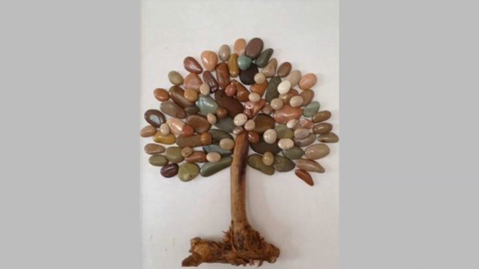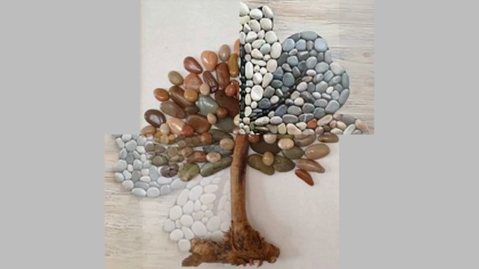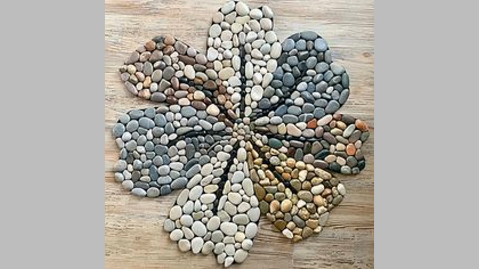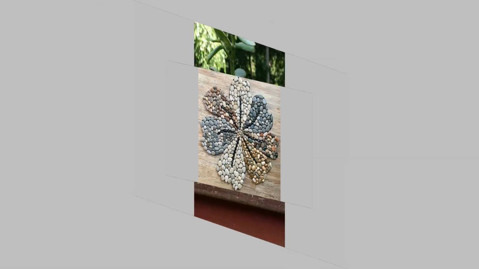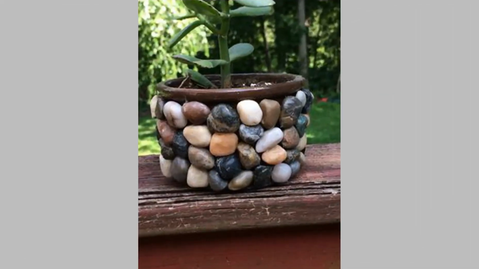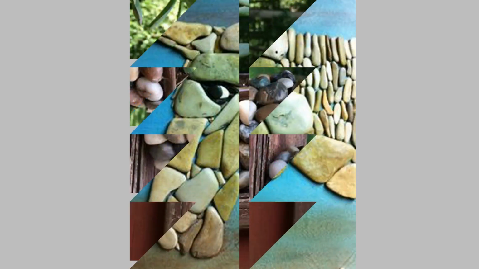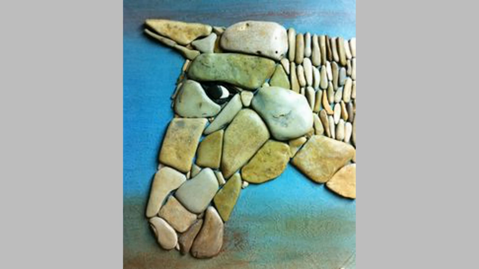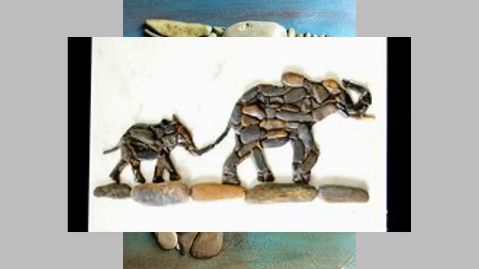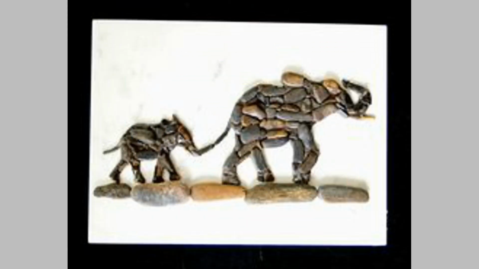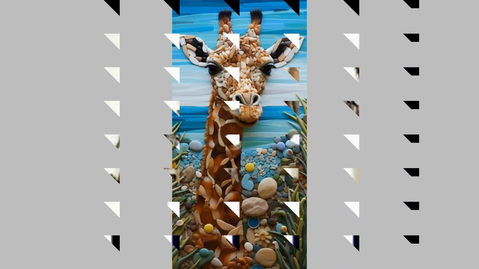Creative stone art is a versatile and captivating medium that allows artists to explore the beauty and mystery of the natural world in innovative and thought-provoking ways. It offers a unique opportunity to connect with nature and create lasting works of art that inspire and delight viewers of all ages. In addition to traditional and contemporary approaches, some artists incorporate other materials into their stone art creations